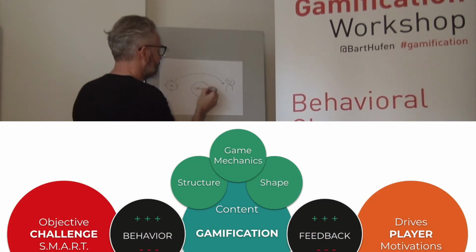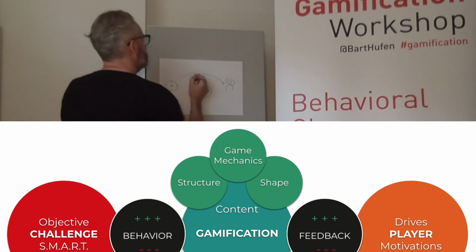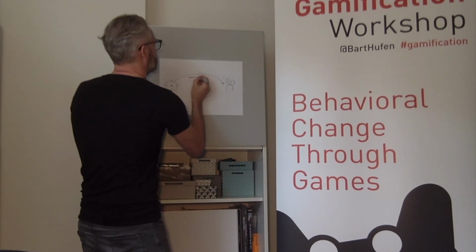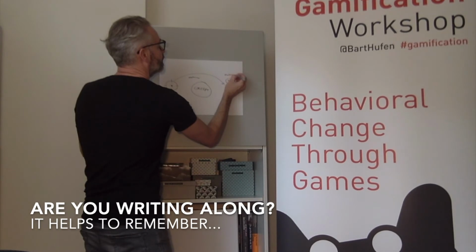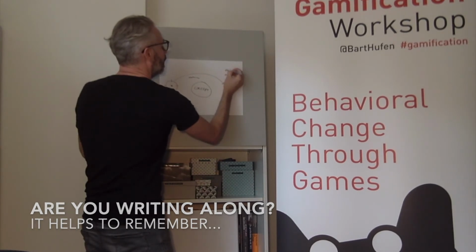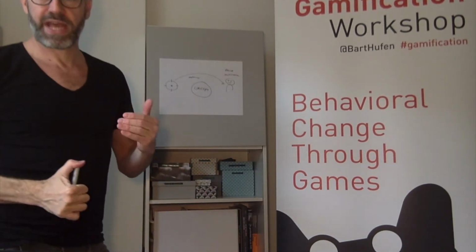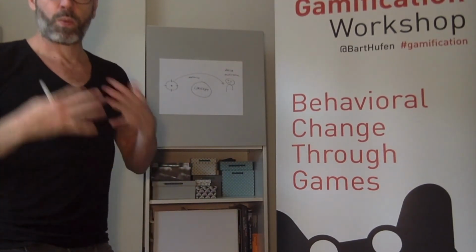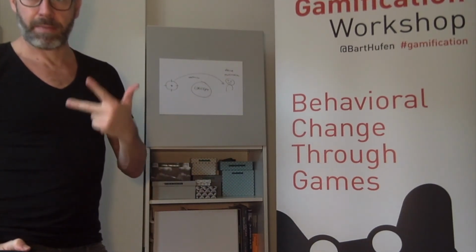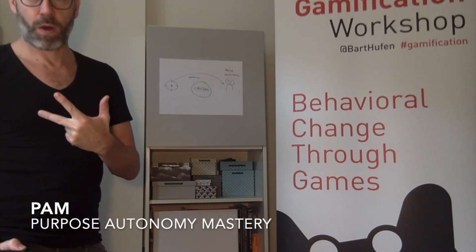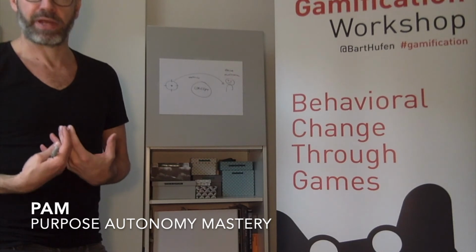So the concept needs to have certain mechanics, and those mechanics should tie into the motivation of the target audience. So all of us humans have certain drives and motivations. According to Daniel Pink in his book Drive, we all as humans globally work on purpose, autonomy, and mastery. So there's three main drives, you could say, that we really crave. We really love them.